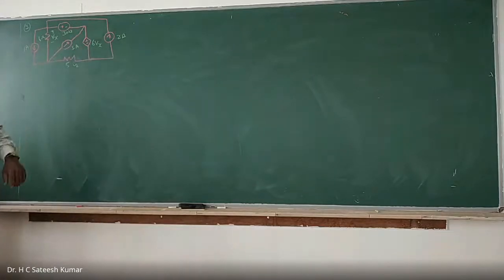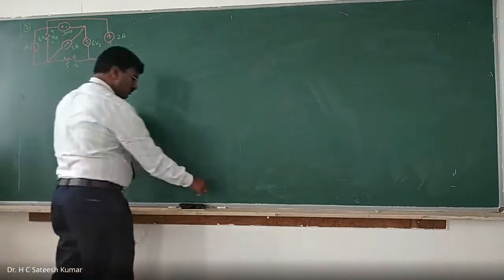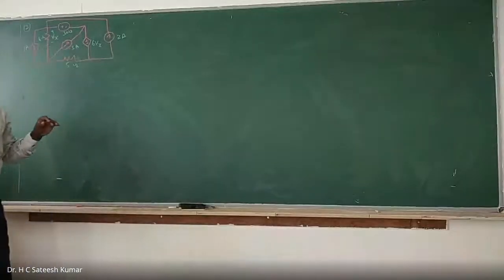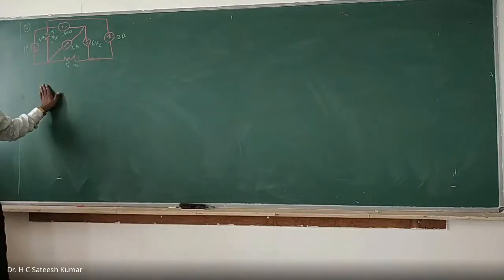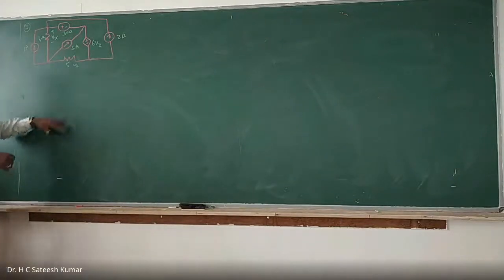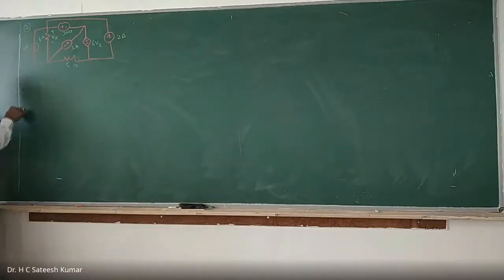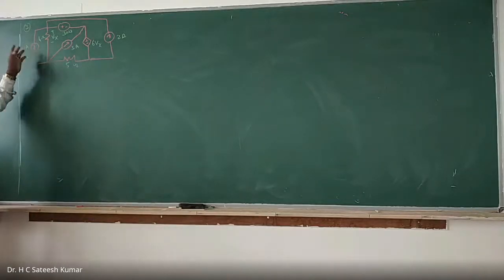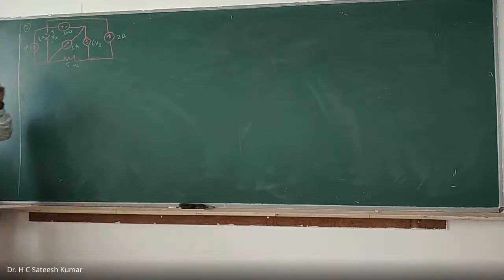Therefore, according to the superposition theorem, Vx is equal to Vx dash plus Vx double dash plus Vx triple dash plus Vx 4 dash. So we have to find out all of them. It's not too lengthy, only thing is you have to think and do it. It's very easy, because even though 4 sources are there, at any given time only one source is working. All other things will be 0. Voltage sources are made 0 by short circuiting, and current sources are made 0 by open circuit.